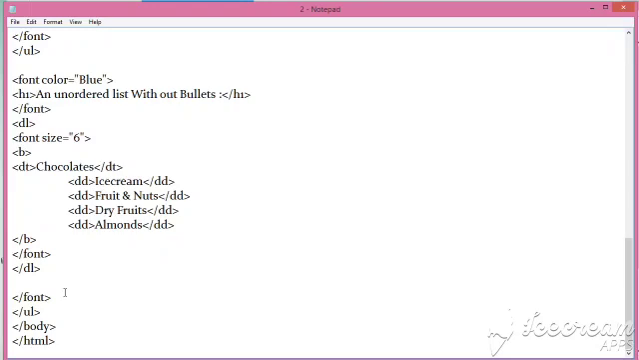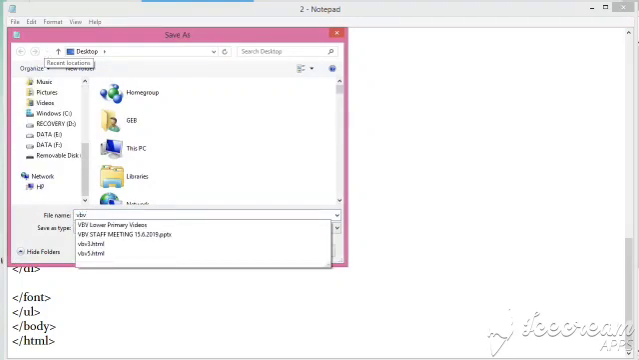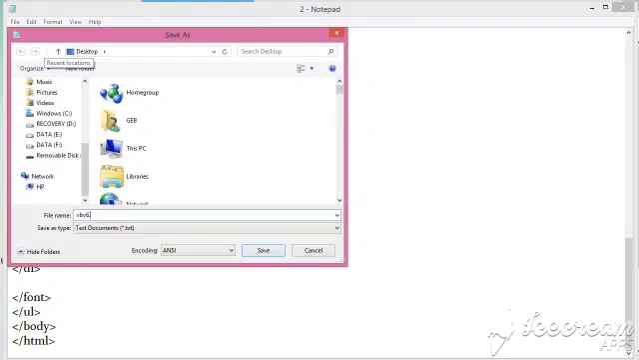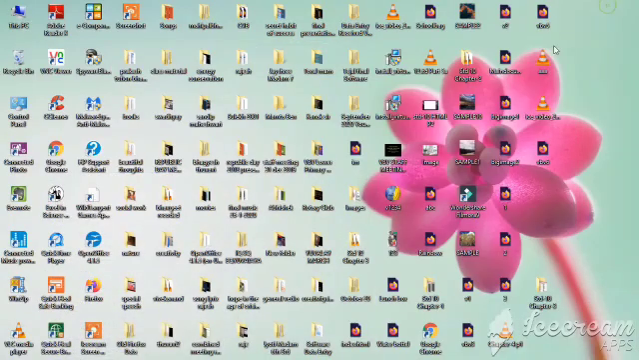Then close the font tag, UL tag, body tag, HTML tag. Now student, save this file as VBV6.html. Then save it, minimize it,